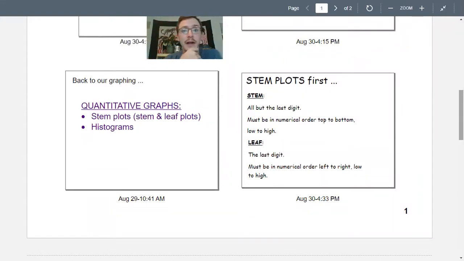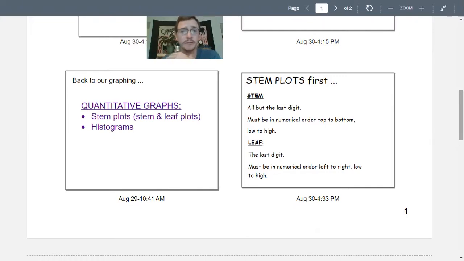So last class we did circle graphs, we did dot plots, we did, I'm trying to think, do we do bar graphs? I don't know, someone will let me know. So quantitative graphs, the two that we're going to look at today, we have what's called a stem and leaf plot, and we have what's called a histogram. You've probably